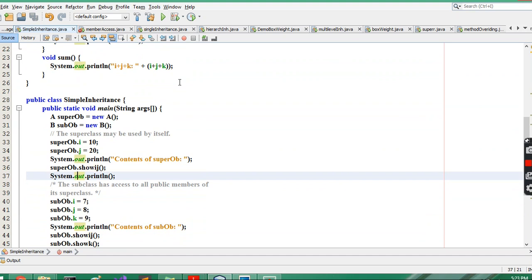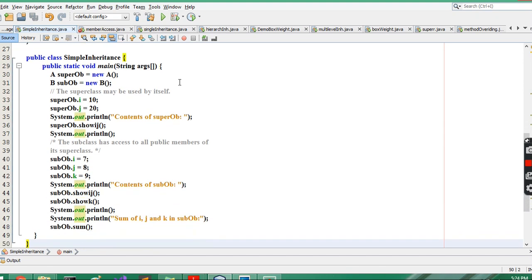Okay. Now sub object dot I, j and k. So now the contents of sub object shall be displayed. So here we have another variable k, because that k is added in the second class, that is your class B. Now show ij, using show ij we can print the values of I and j. Using show k we can print k, and then simple println followed by